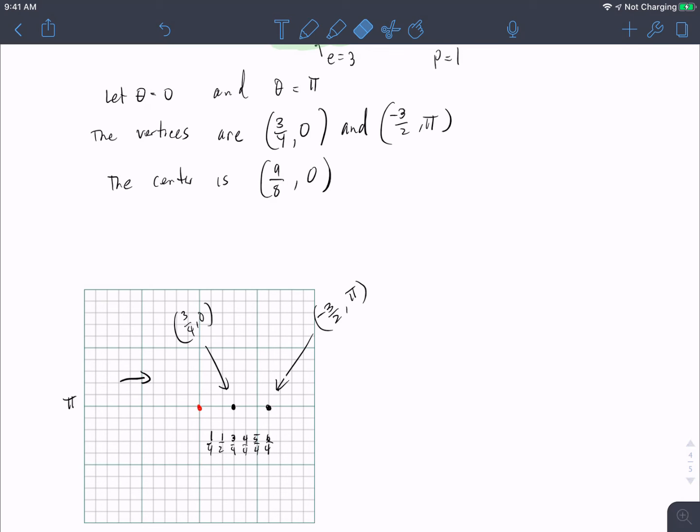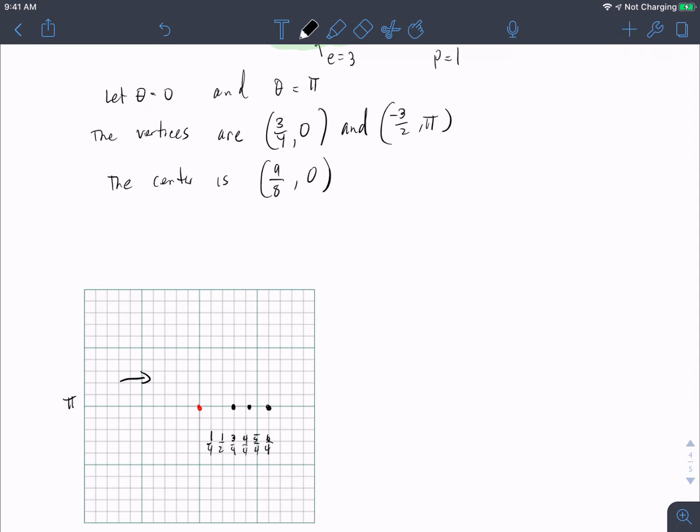Okay, let me erase that because I'm going to need the space for graphing. But that's something you should know. Now, the center is at 9/8, and that's just over 1. So 9/8, that's going to occur right about there. And one of the things that we can do is, much like we've graphed in the past, we can go ahead and